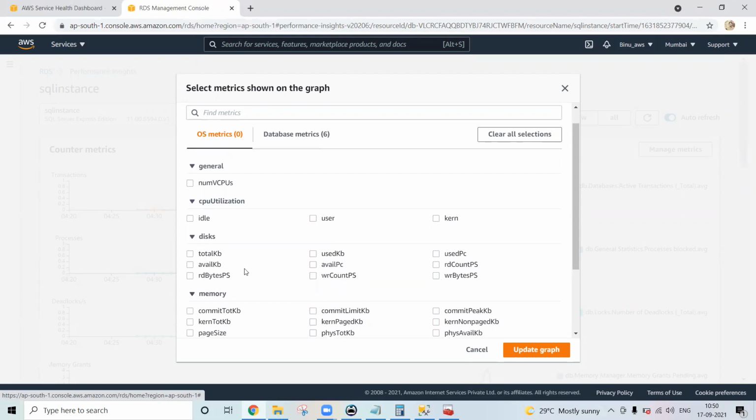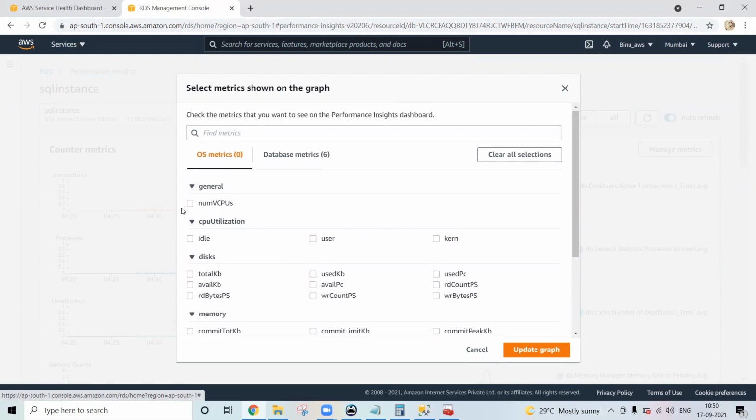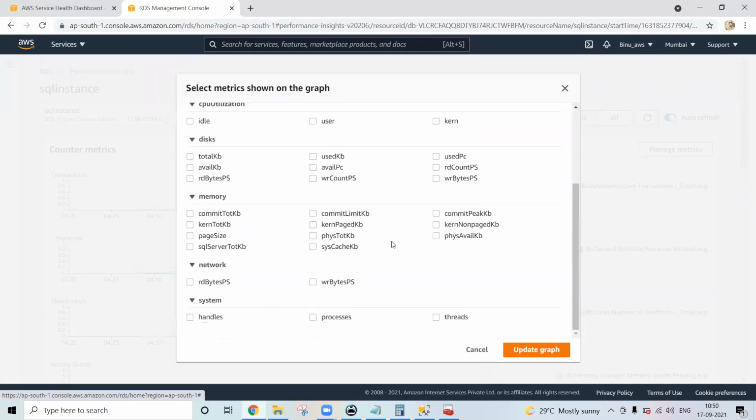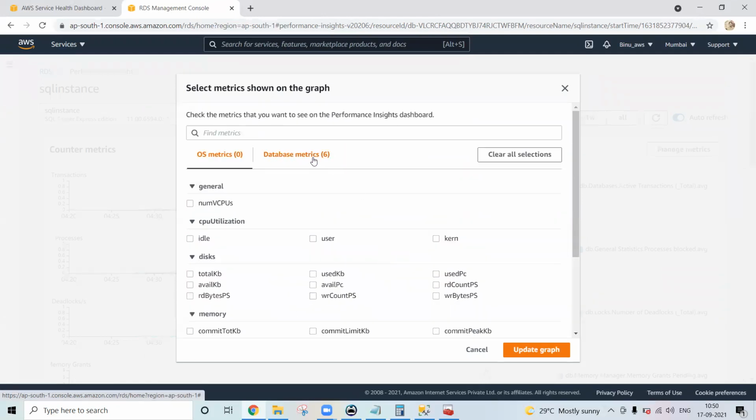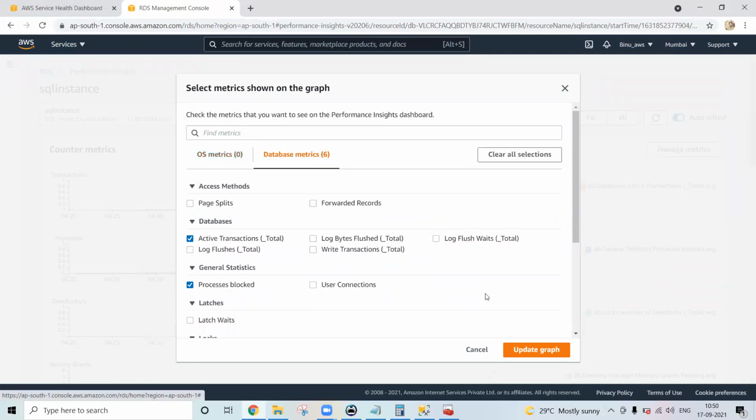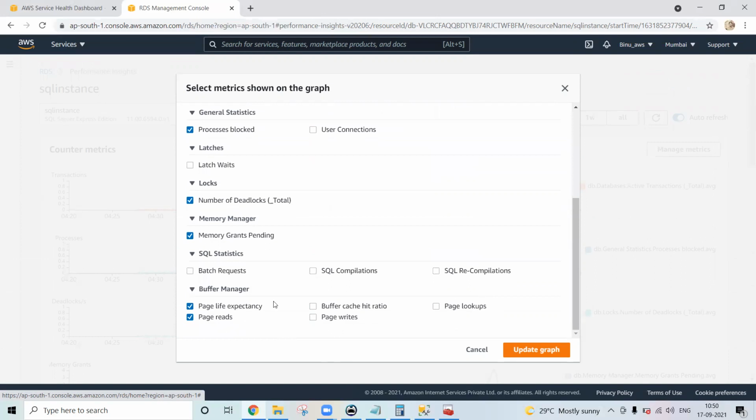Disk latency you can check, right? CPU utilization you can check, number of virtual CPUs you can check, right? These metrics are available at what level? Operating system level. Now I have to check at the database level. So come to here. What metrics do you want to monitor? Let's see, select the page reads, let the memory grant pending, like latch wait, we can check.